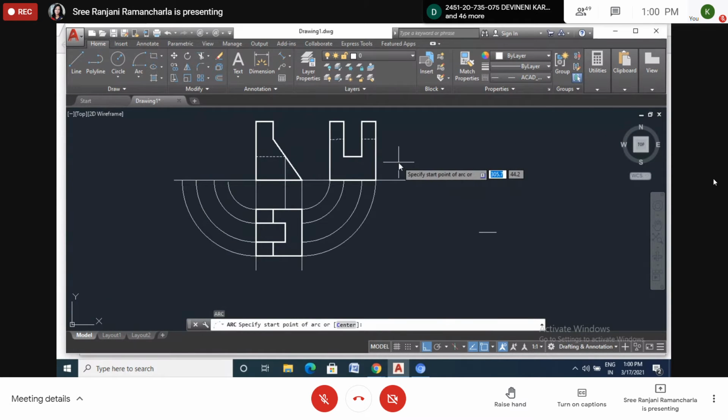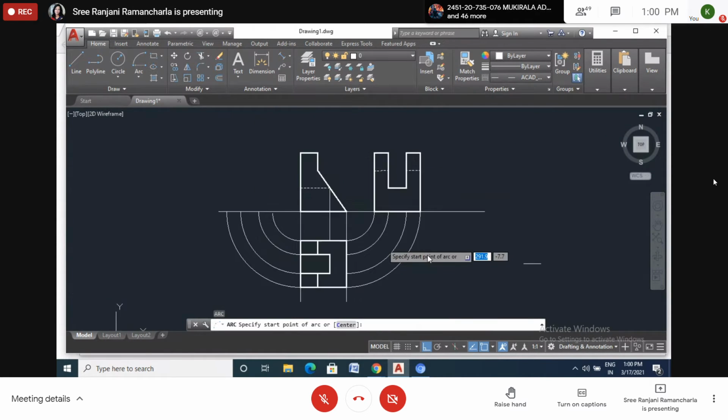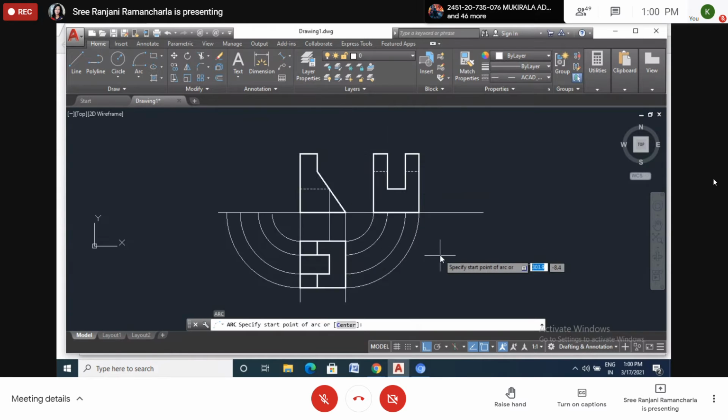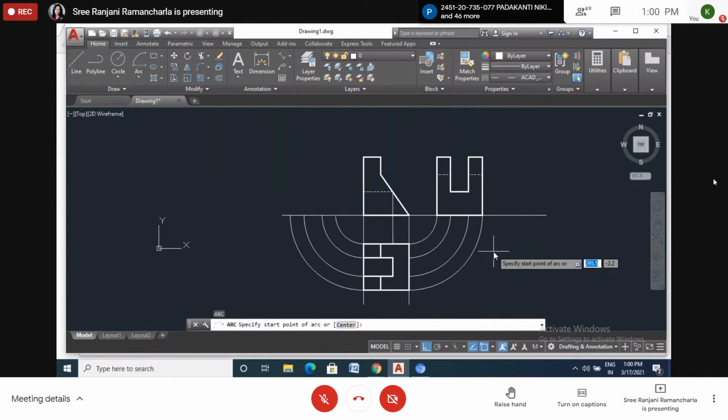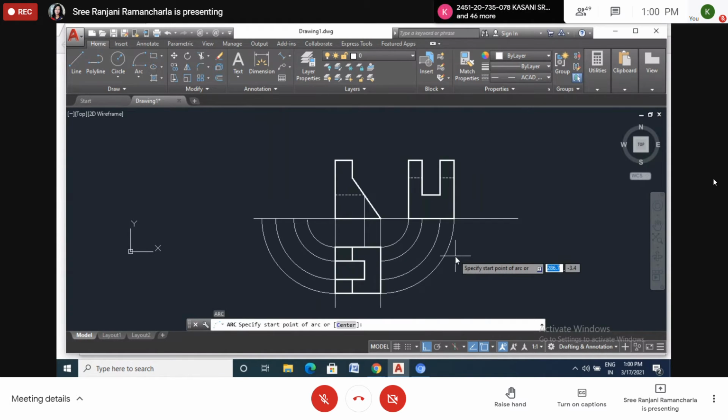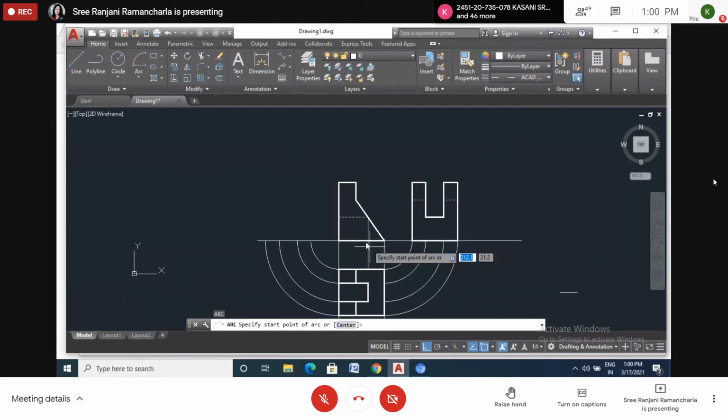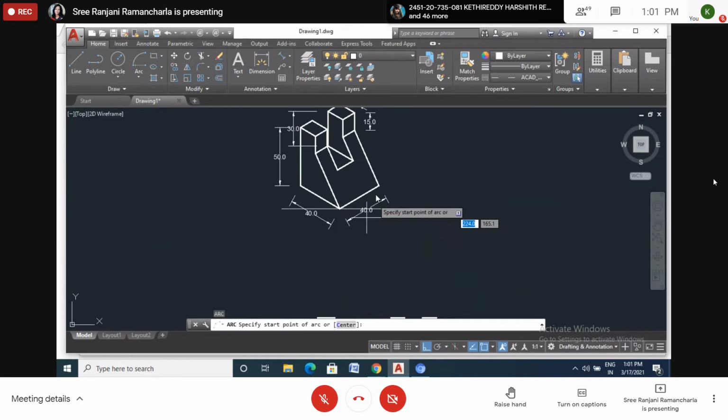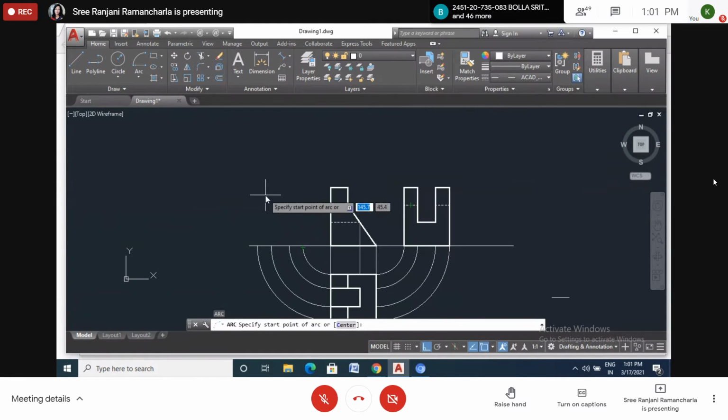Enter. So unless we do many drawings, we'll not get the idea. No one will teach like this. Even I don't know, I just tried now. How can we draw like this? I tried now, so I got it. So you also please try to do. Now here everything is the same as this way, but only this one is a dotted line, not a dotted line here. So why? Because when you are looking from here, this is the right side view, but you are drawing the left side. So right side view, we are drawing the left side.